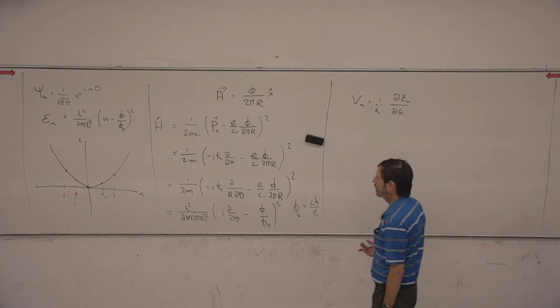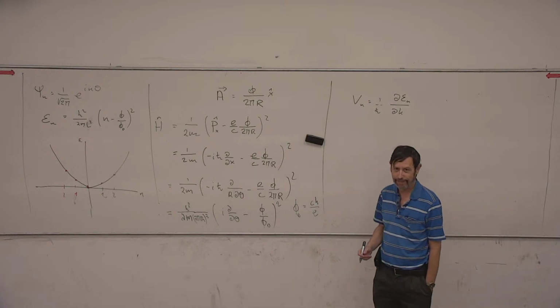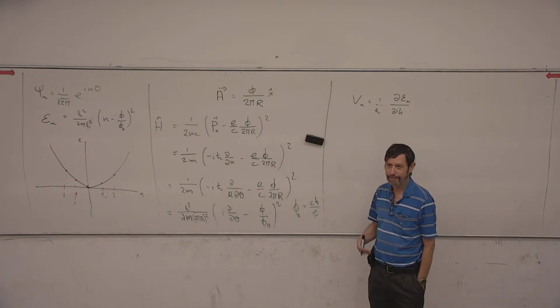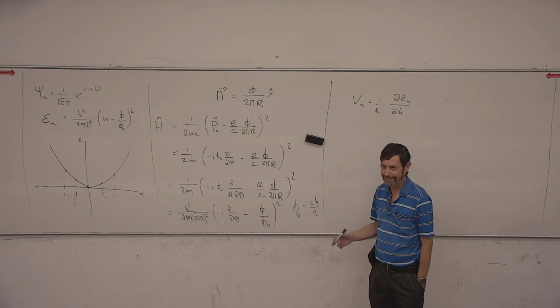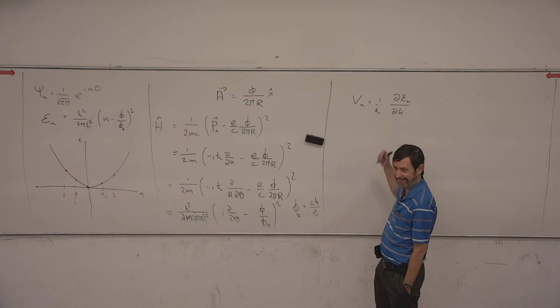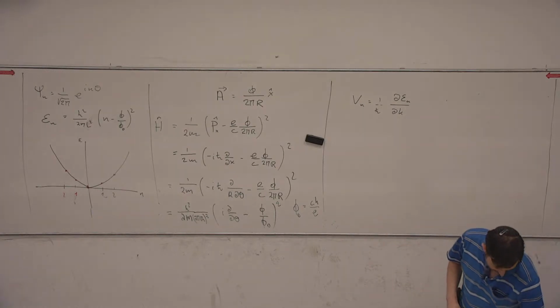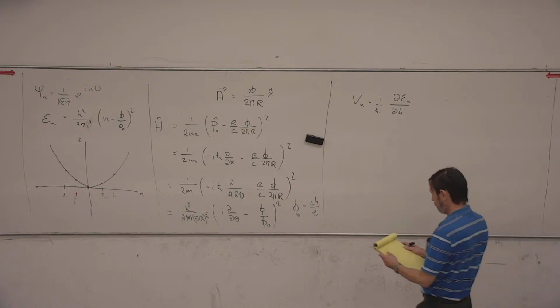So you can write that also as the derivative of epsilon by the momentum, right? This is exactly the momentum, h bar k. Okay, so I can go and calculate